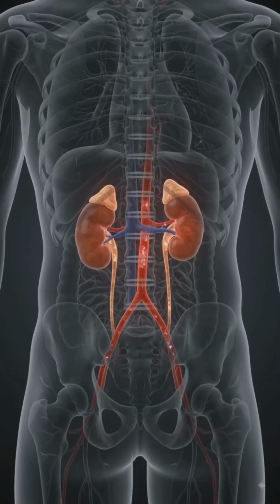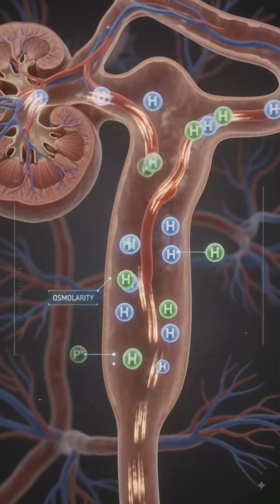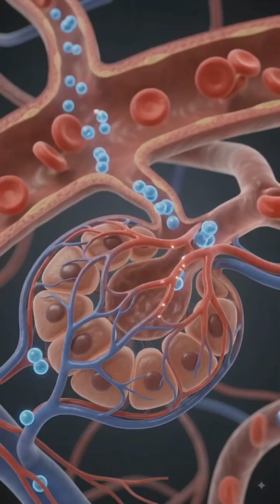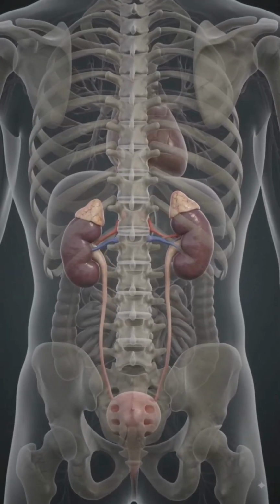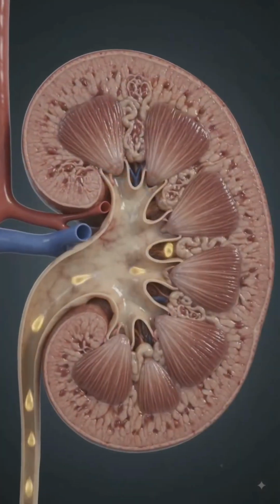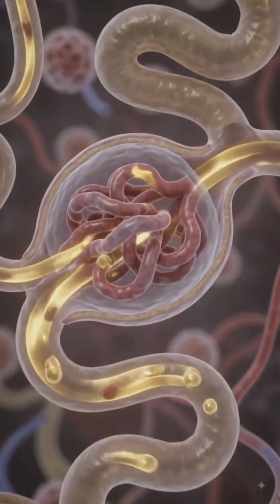The kidneys process 150 quarts of blood daily, maintaining plasma osmolarity and electrolyte balance. They also produce critical hormones like erythropoietin. The kidneys are purplish-brown organs, connected to the bladder. Internally, they have an outer cortex and an inner medulla, with renal pyramids and collecting ducts, the calyces, exiting through